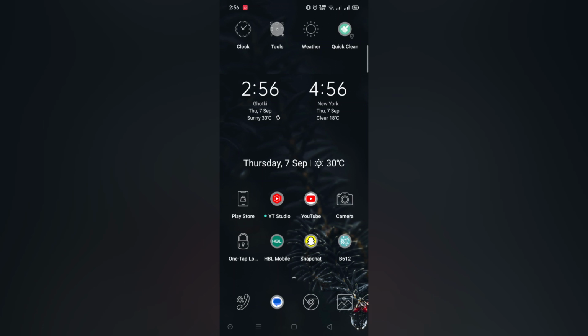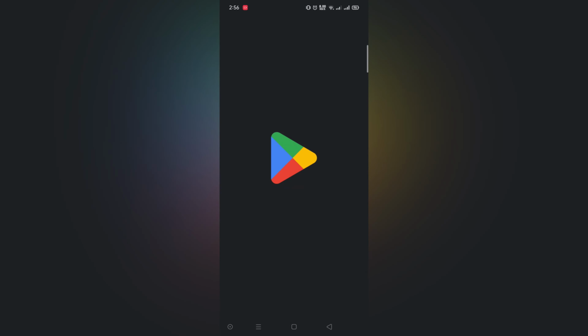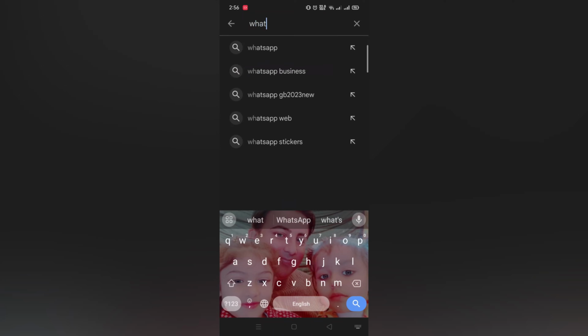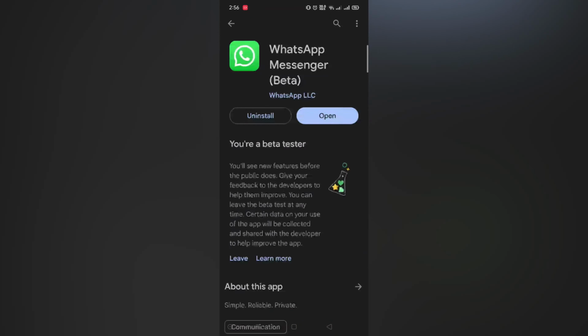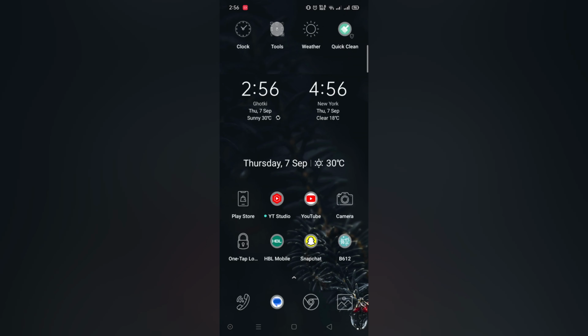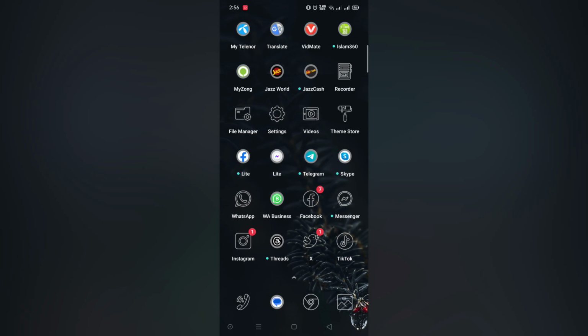Firstly, if you are an iOS user, go to your App Store, or if you are an Android user, go to your Play Store, and in the search bar type here WhatsApp, and make sure that you have the fully updated version of your application or not. If it is required, please update it first, then go back, open your WhatsApp,